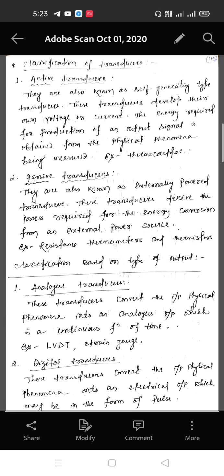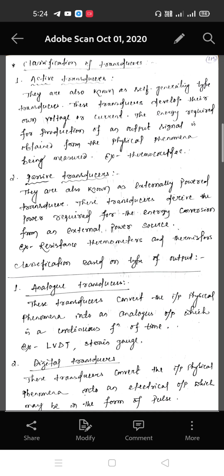Hello everyone. Today we will discuss the classification of transducers, different electromechanical transducers and transducer actuating mechanisms. So first of all, what is the definition of transducer? I have already told you that a transducer is a device that converts a signal from one form of energy to another form. This is the basic definition of transducer, you know that.